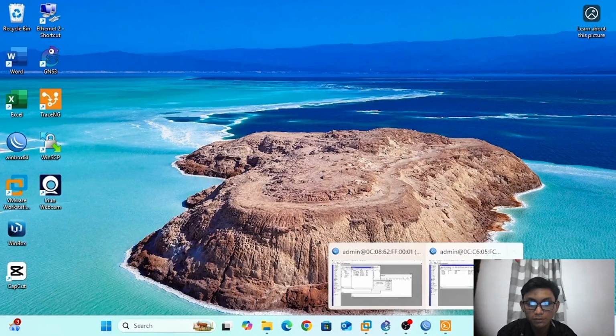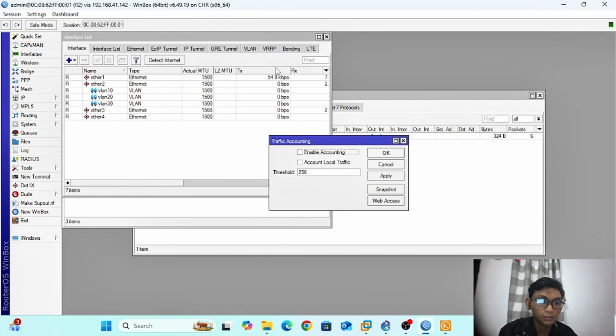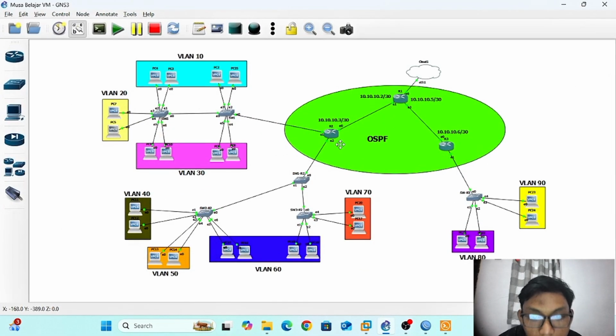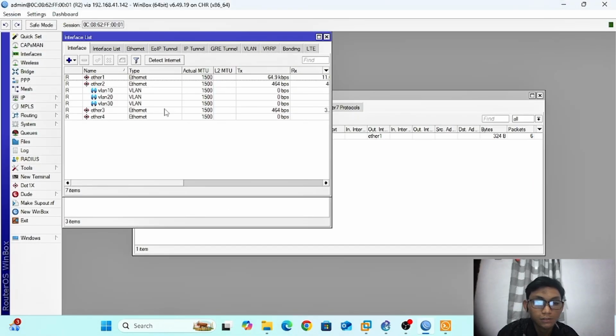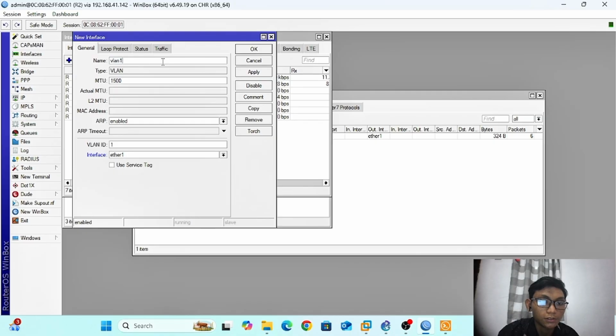In router 2, connected to switch 1 ether 3, we make the VLAN go to ether 3. Interface ether 3.